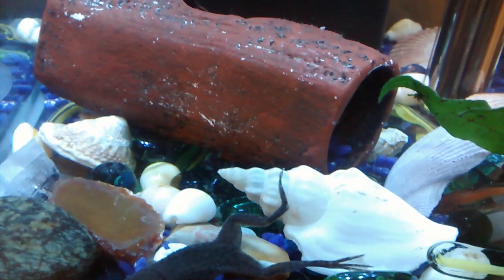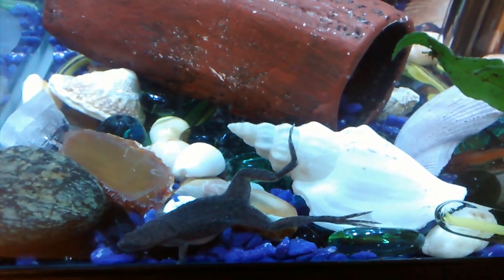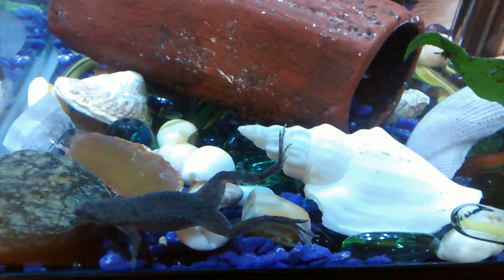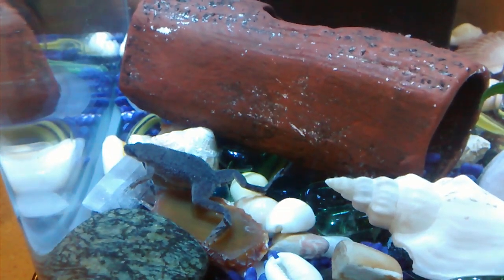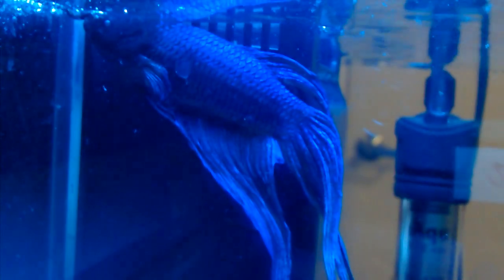It'd be cool to have babies, little baby frogs, but I don't know if I'd be able to see them because they'd probably be so tiny. But I just thought it'd be nice to show you what an African dwarf frog looks like, and that the betta over here, he's still hanging on to life and not doing much these days, but